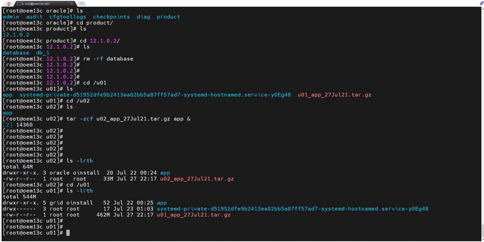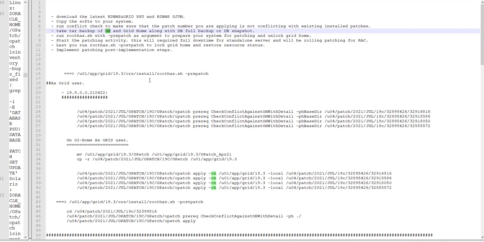So let's come back to our SOP. Here I will take the tar file, tar backup or snapshot. I will take the required backup. Then to start our installation, I will run the root.sh batch file with the pre-patch option.